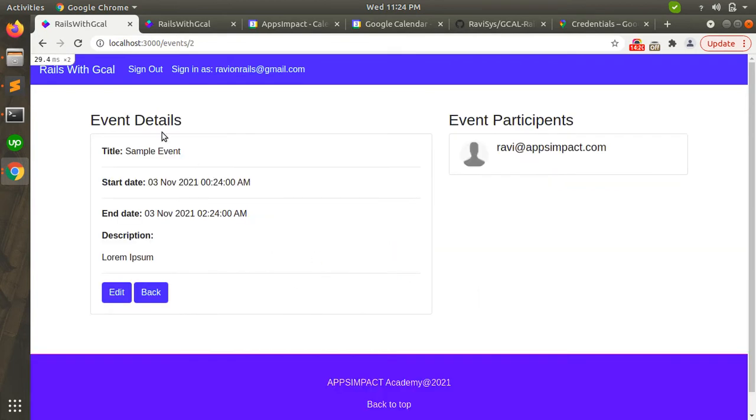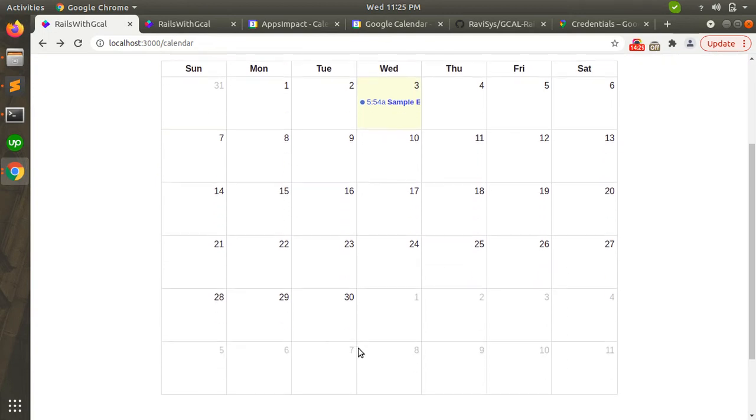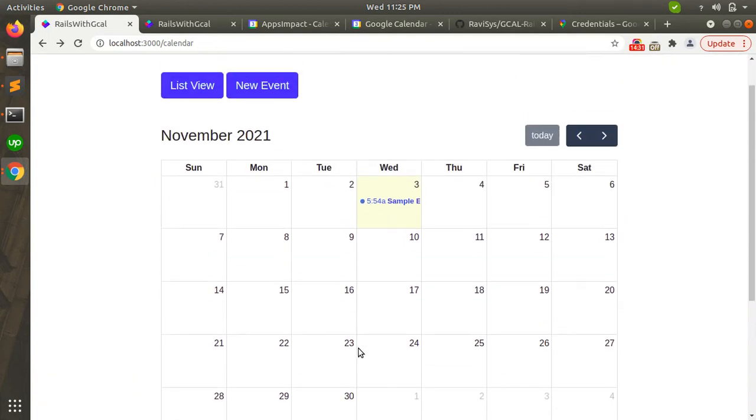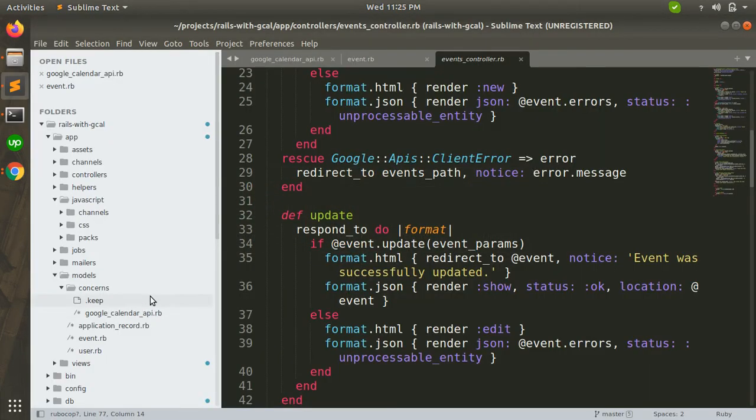If you click on that, it will redirect you to the show page of the event, and if you go back, then you will see that event on the calendar. So I have also integrated the full calendar here as well, because there might be chances that you have been asked to create an event locally first and then display it on the calendar, and so on. So you can use that as a reference. And here is how I have used that.